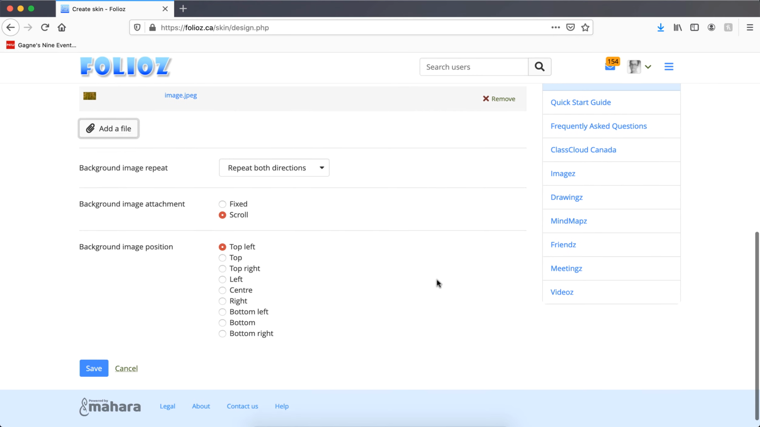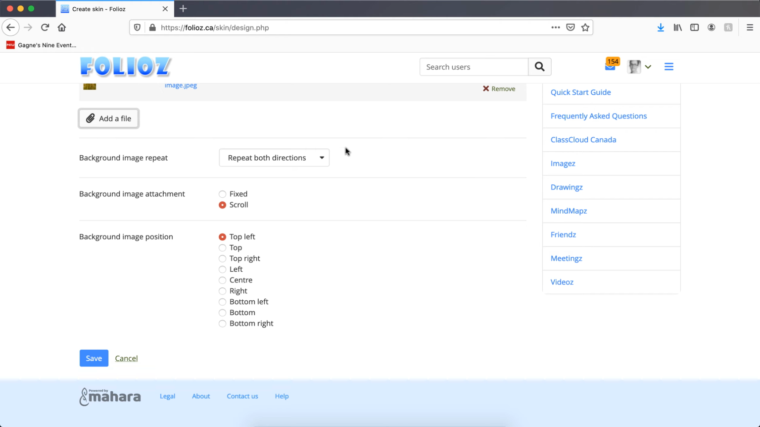I'll then scroll down and work on the options that are here. Here it asks me if I want my background image to repeat. Usually this option is good if you are working on a tile background. Since it's not the case here and I have a full image, I'm going to ask it not to